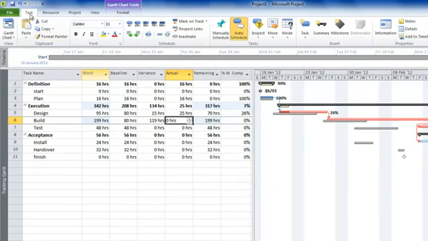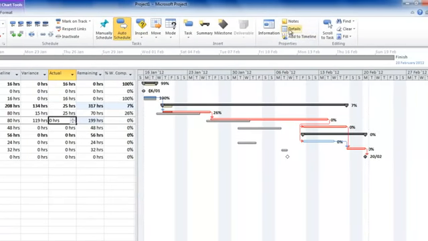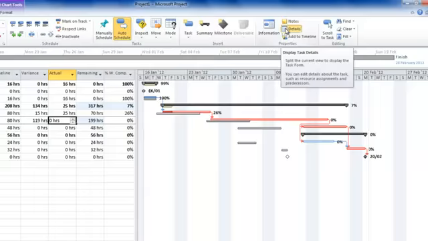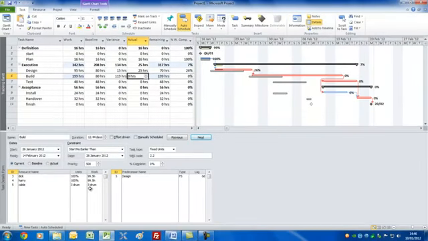Then an important view, here I'm in the Task tab, is to click Details. It will split the screen into two, and in the bottom screen, whichever task you select up here, it will show you who's assigned to it. If we click